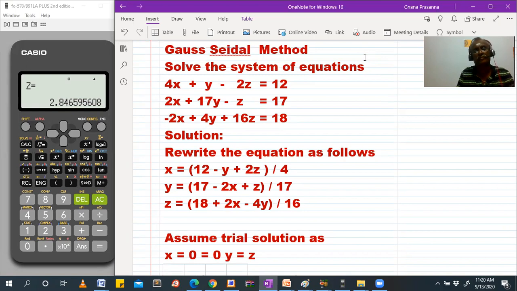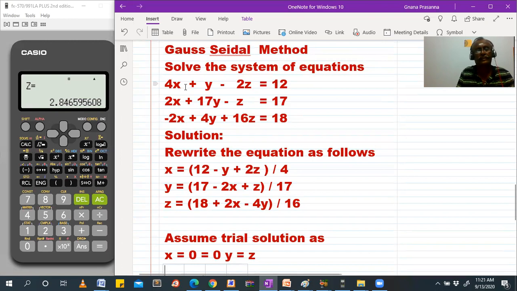The difference between the two methods is that in the Gauss-Jacobi method, we use all the set of previous iterative values in the next iterative values. But in the Gauss-Seidel method, whenever a new value is available, it is used in the current iteration itself. Whenever you calculate new values, use them in the same iteration itself. This is a small modification of the Gauss-Jacobi method, and it is called the Gauss-Seidel method. We consider three equations, three unknowns.